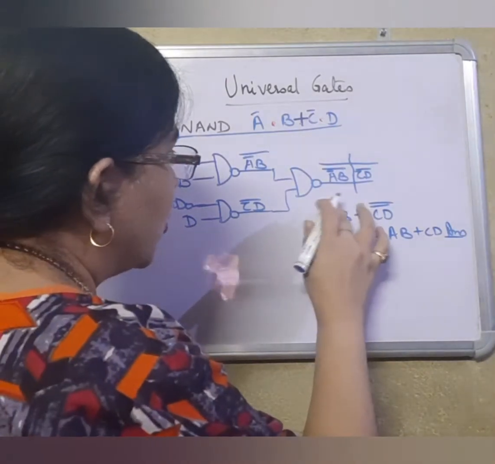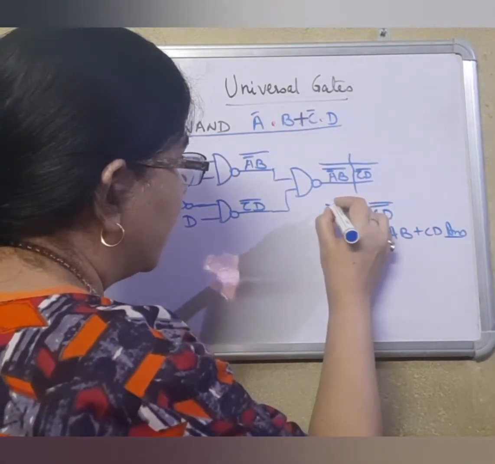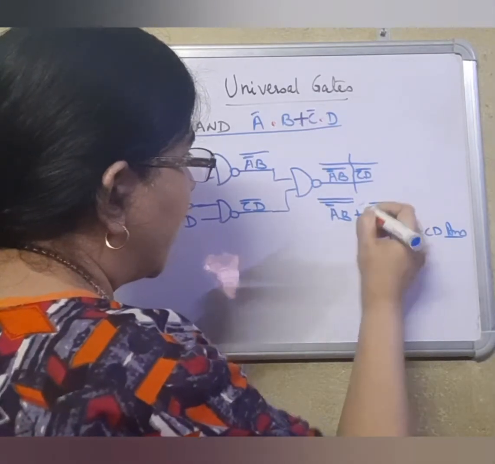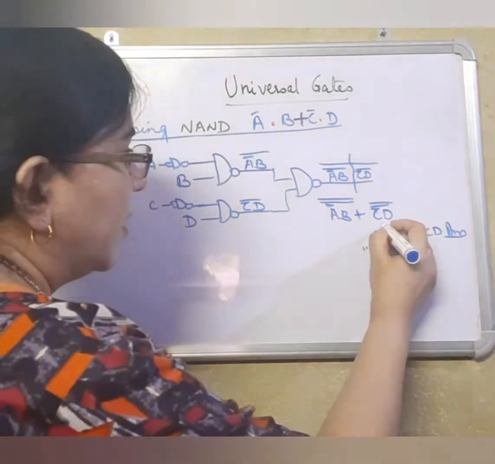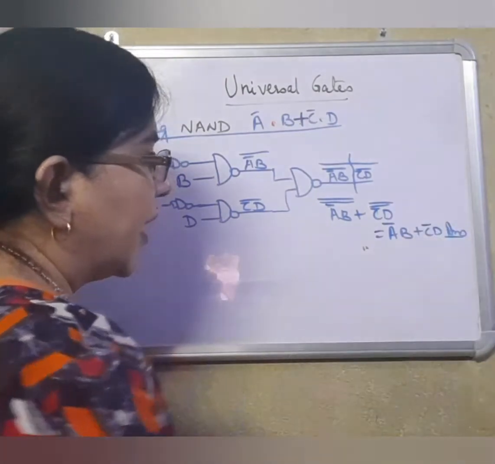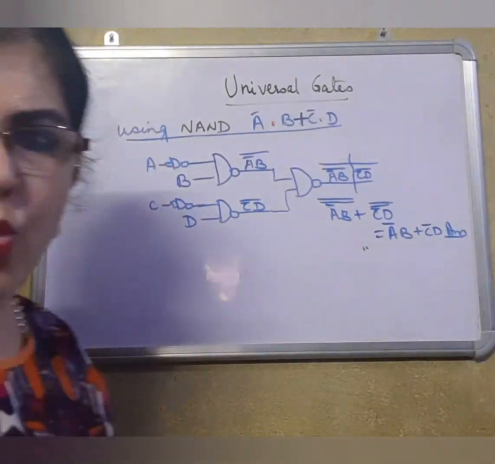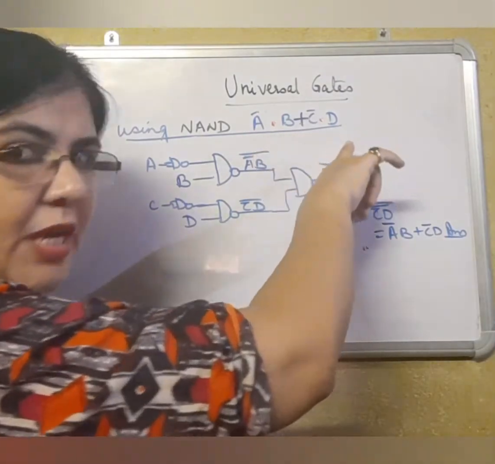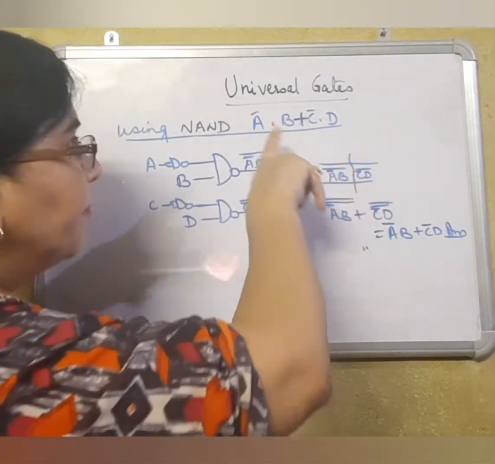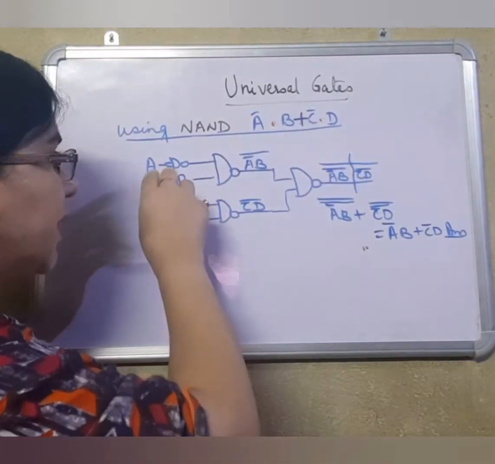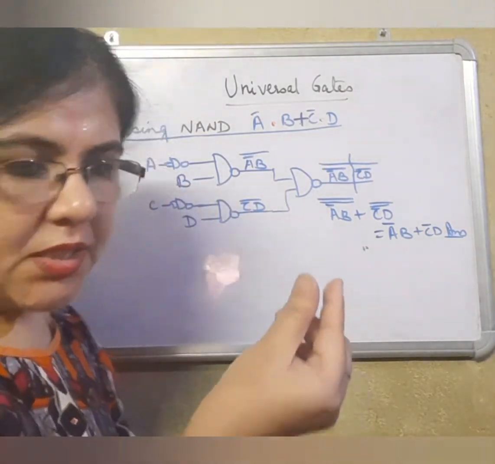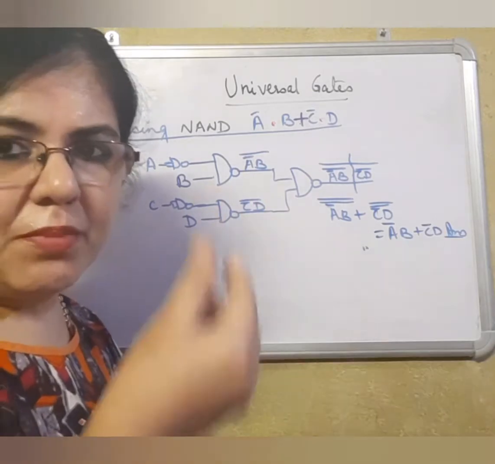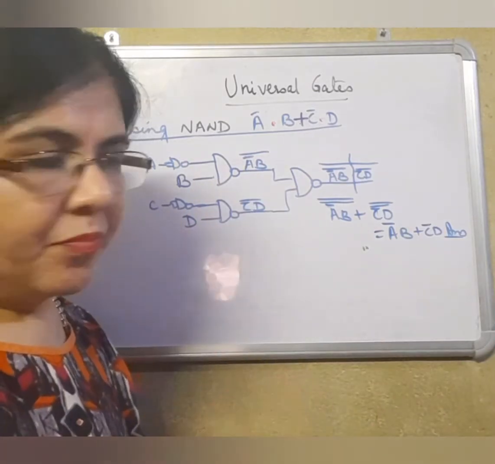So ultimately what do we get here? A bar B double bar, C bar D double bar gets cancelled, and the complements remain at their own place. That means in case of dot type of questions, if you get complement, just make a simple small NAND gate. Nothing else is going to be changed. That simple bar will be carried on further.